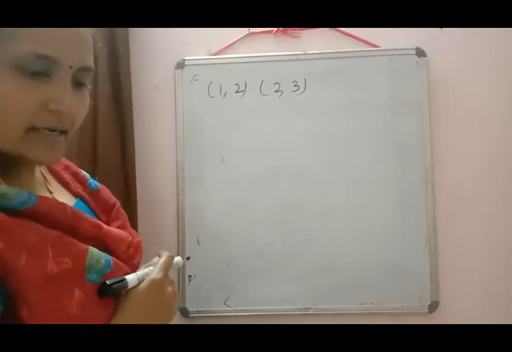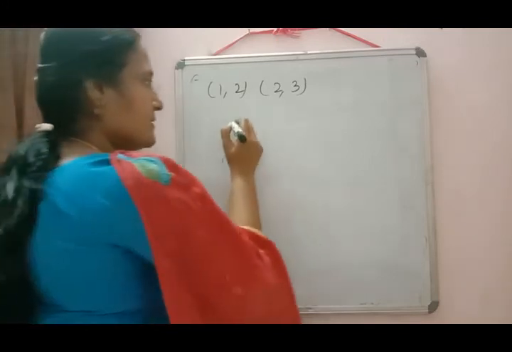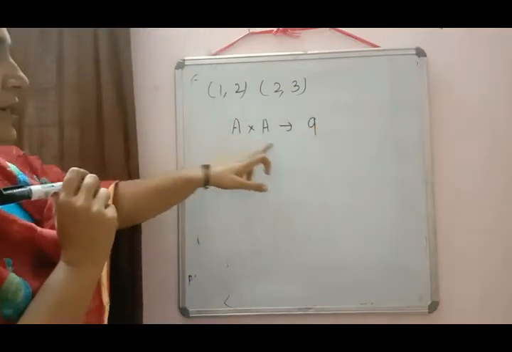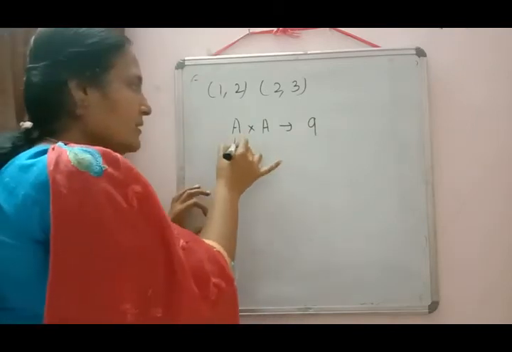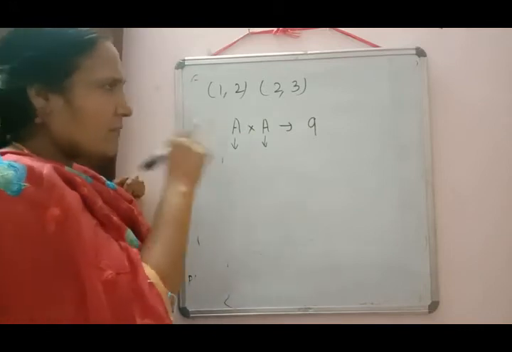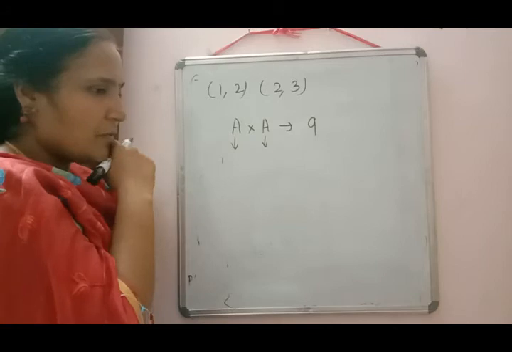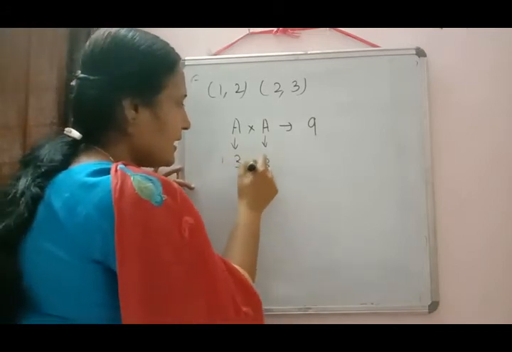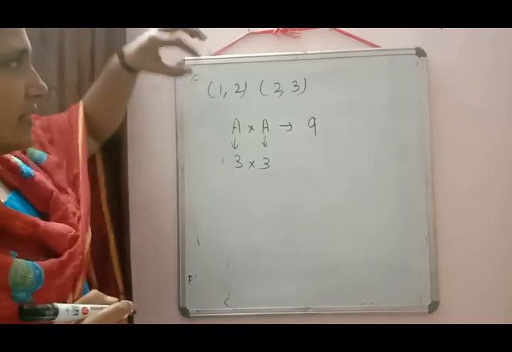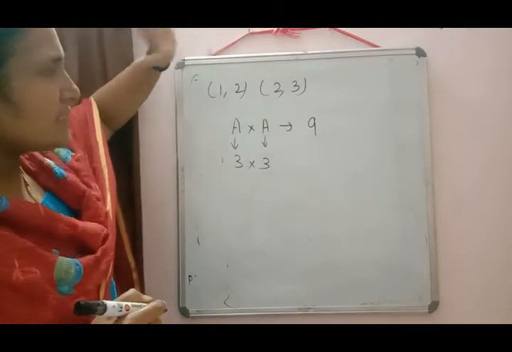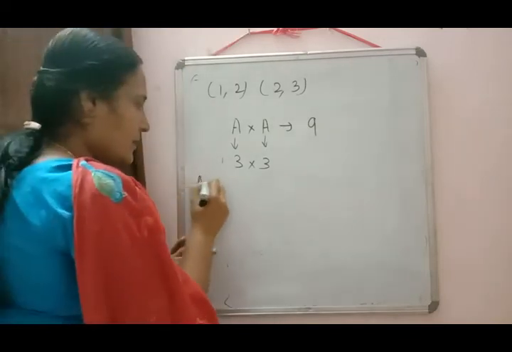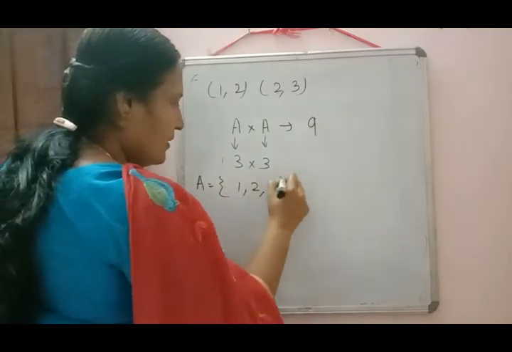So the Cartesian product A cross A has 9 elements. Just remember this one. We know how we are writing the number of elements. What are the elements in A and A? It means the same elements only. So multiplication of which two same numbers will give you 9? 2 into 2 is 4. Yes, 3 into 3 is 9. So set A will have only 3 elements. Just to check the information which is given, we have 3 distinct elements. Yes, we have 1, 2 and 3. So set A is equal to {1, 2, 3}.